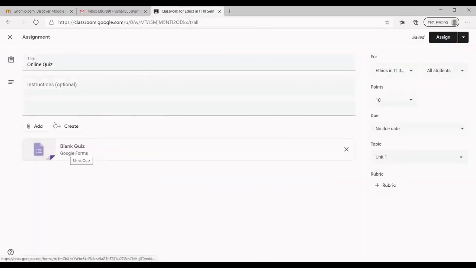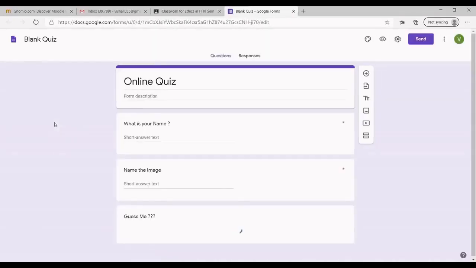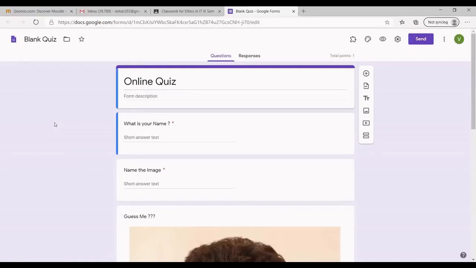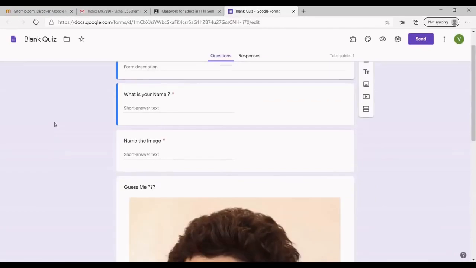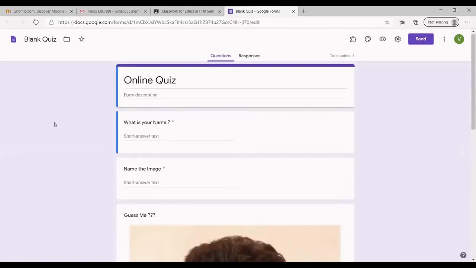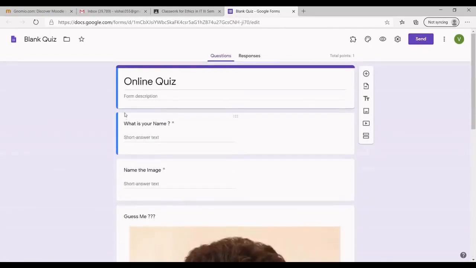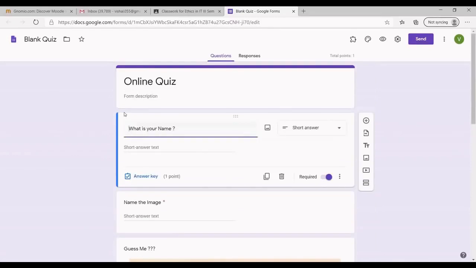To recheck whether the quiz is done or not, I can click on blank quiz. Once I am done with it, you can find that the quiz which I have set is available, and I can also edit it if I want.